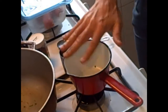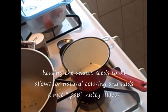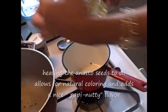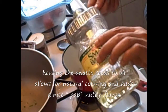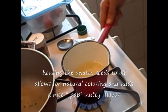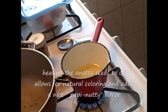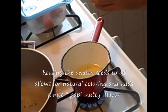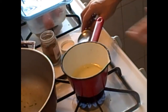Now you're seeing the little pot here is red, just like how the achote and the olive oil is going to turn. It's going to turn a golden reddish color. So I'm taking Smart Omega oil, half a cup. What's remaining from what I put in the masa and from what I put in the meat, I'll just throw on the side. If I make a rice dish later today, I can use the same oil. Before I add the annatto seeds, we're going to let